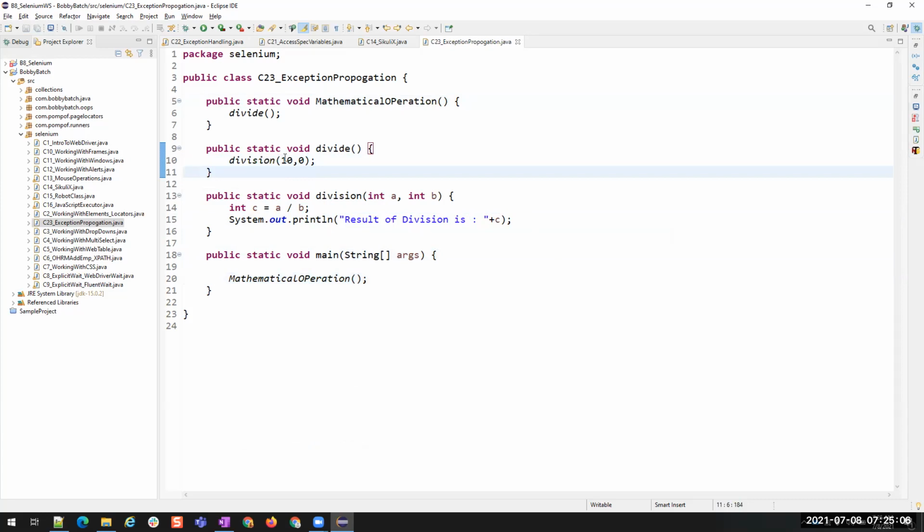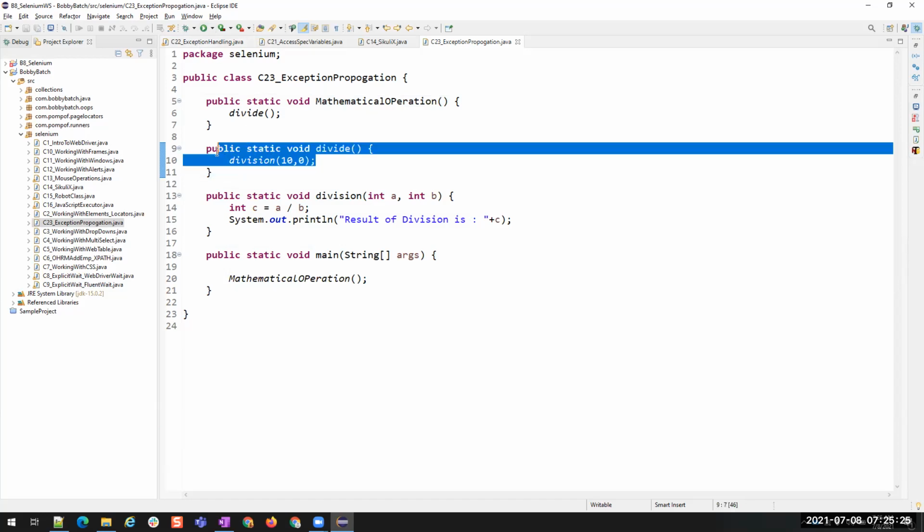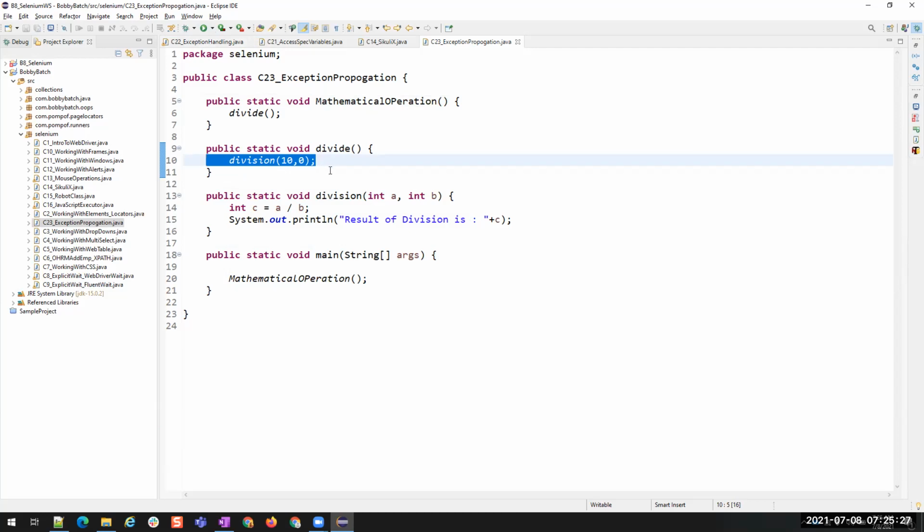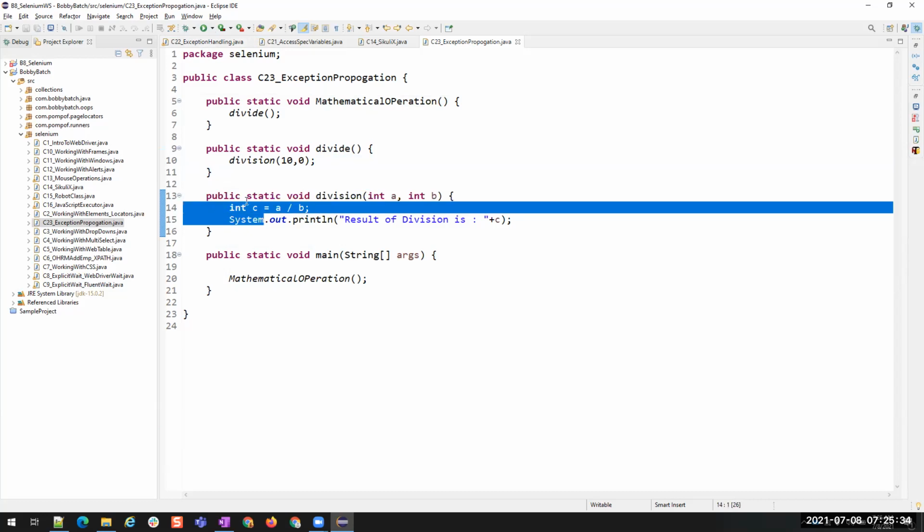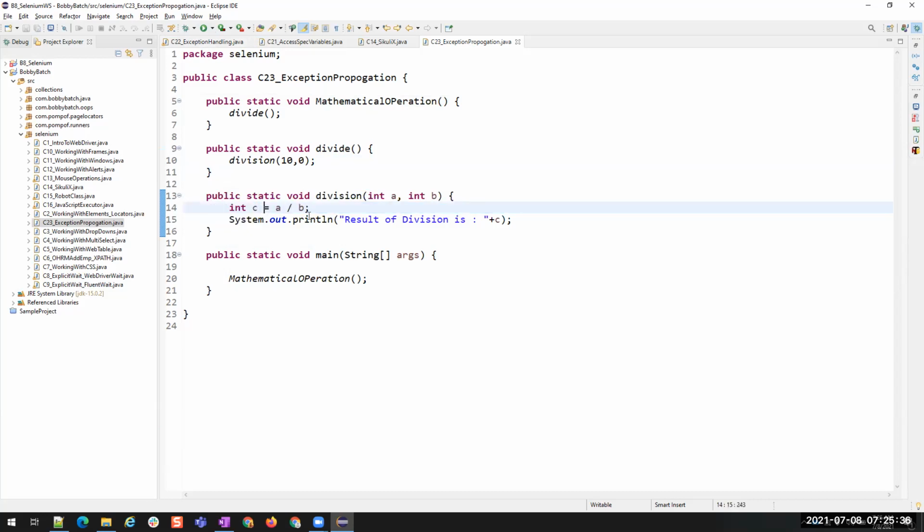Can you divide any number by 0? No, right? We cannot divide any number by 0. It will throw an exception, division by 0 exception. That is the exception I am trying to show you here for propagation. The actual exception will be raised at this line, but the exception will move from this method to this method.